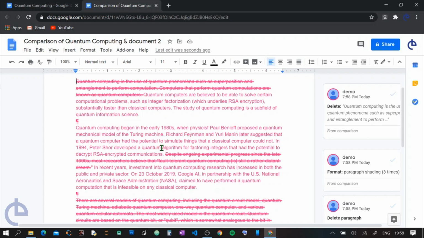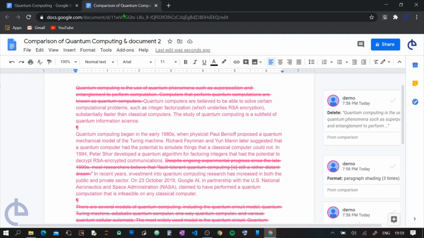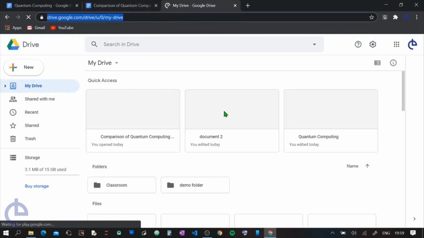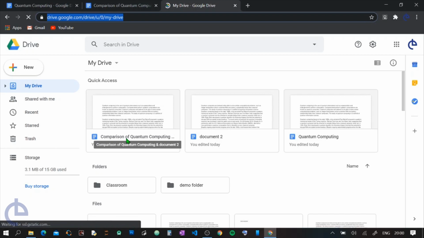It is a very useful tool if you are using Google Classroom and you are taking submissions of students. Then using this technique you will be able to see if someone has copied from another student or not. So, a very simple technique to use, and this generated report will also be available in your Google Drive. You can go to your Google Drive, and this document that you have generated will be available in your Google Drive also. You can find the document anytime you want.